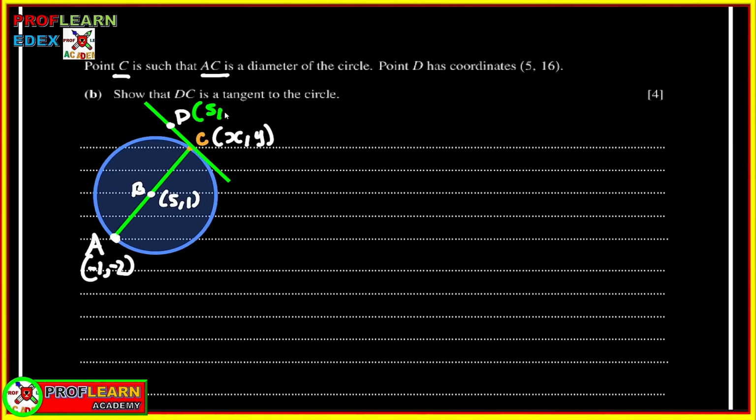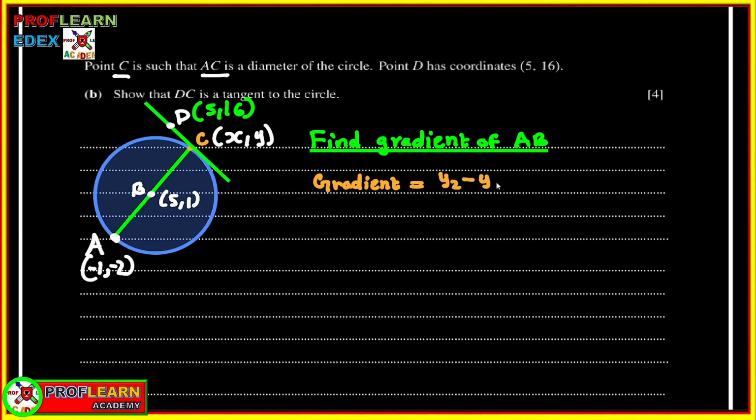So we have the general coordinate C, (x, y). You can see now we can find the gradient of the diameter using A and B. Gradient of AB will be the gradient of that diameter. So remember, gradient of a line is change in y over change in x. That's y2 minus y1 over x2 minus x1. I can substitute the values there so that I can get my gradient